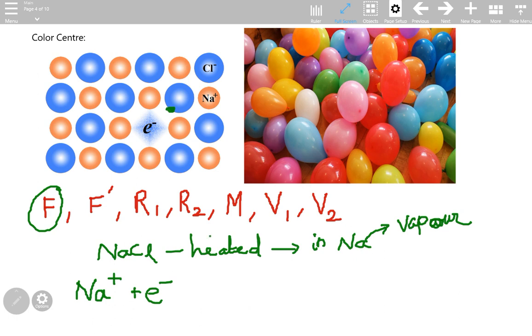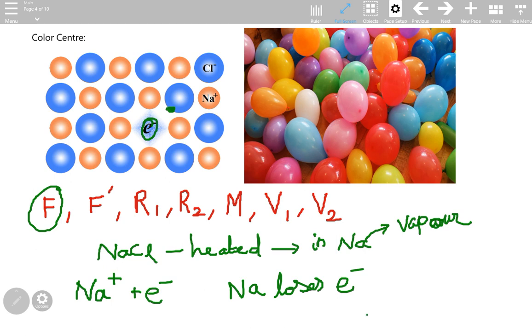In this mechanism, the sodium atom loses an electron, which produces a vacant site like this. This means any electron can occupy this center, which is a kind of impurity that will stick onto this vacant site. We call this a negative vacant site.